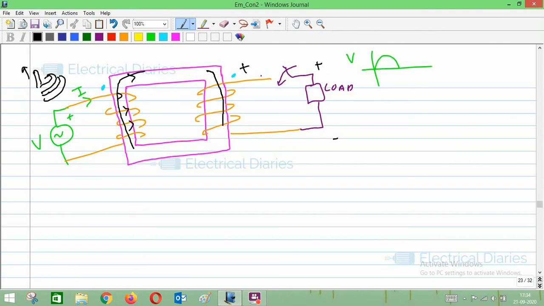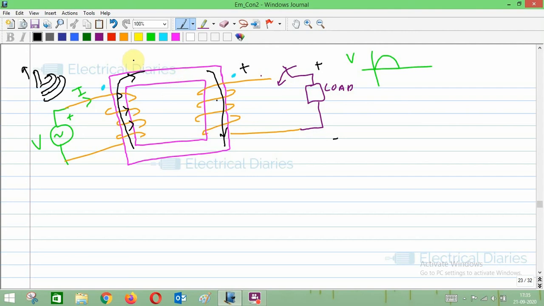These flux lines will interact with this winding. This is an alternating flux, so the time varying flux when it interacts with a winding, the EMF will be produced in this winding. So this is the mutual induction. Due to this core only, all the magnetic flux lines are transferred to this coil. So that is the main principle, the concept of mutual induction in very layman language.